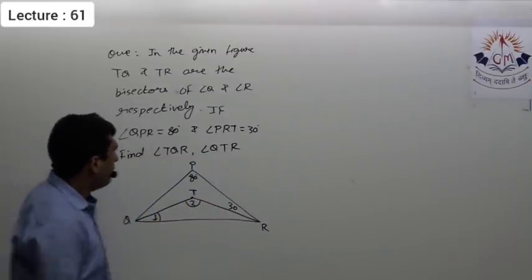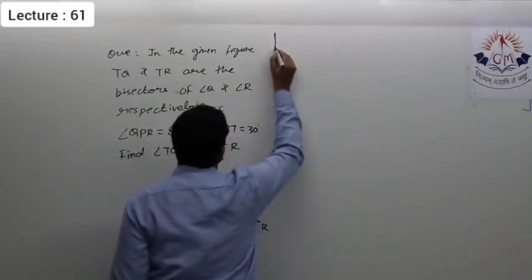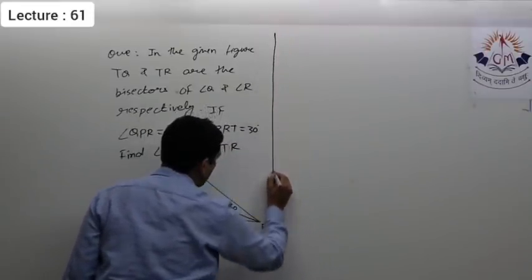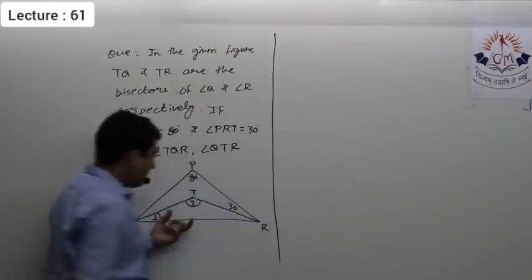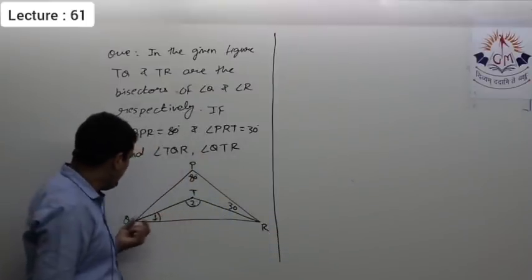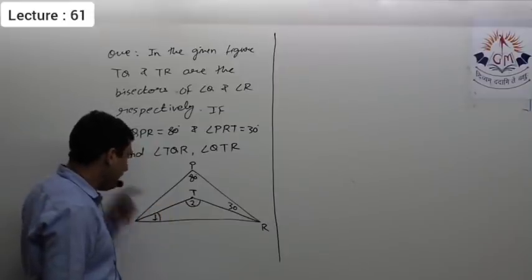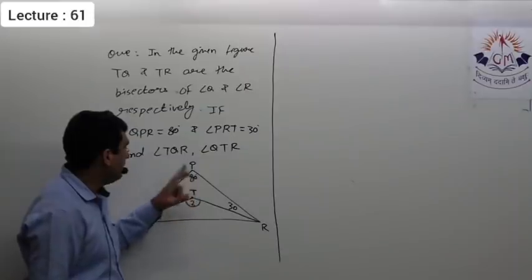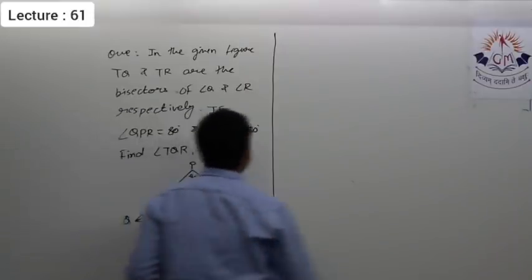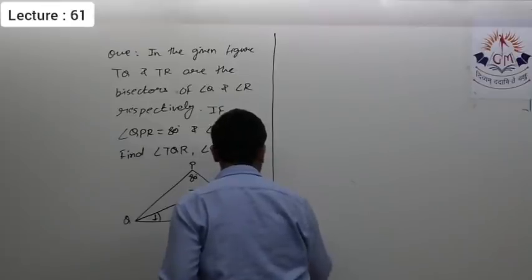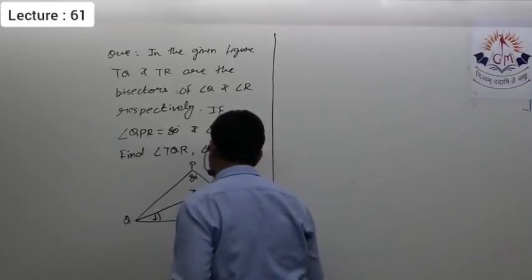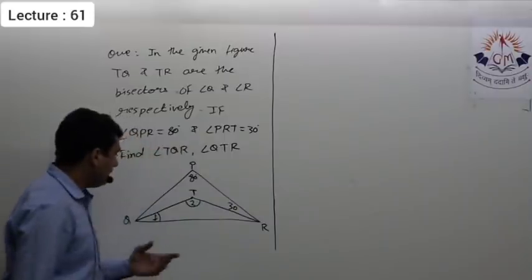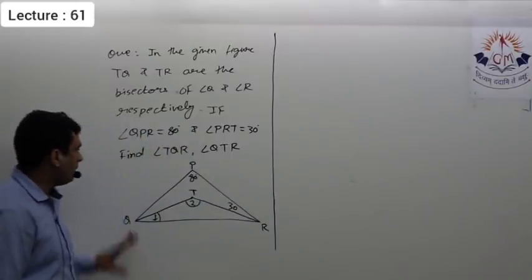So remember, in the last lecture we saw a question in which a similar condition was given, and over there we were required to prove that the central angle, angle BOC, is equal to 90 plus this angle. So we can use that result over here directly, or we can find it by applying the properties of the triangle.